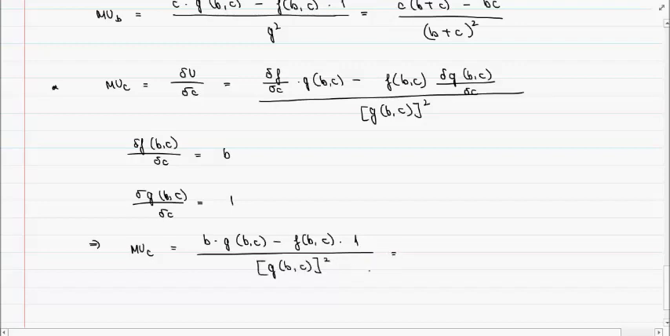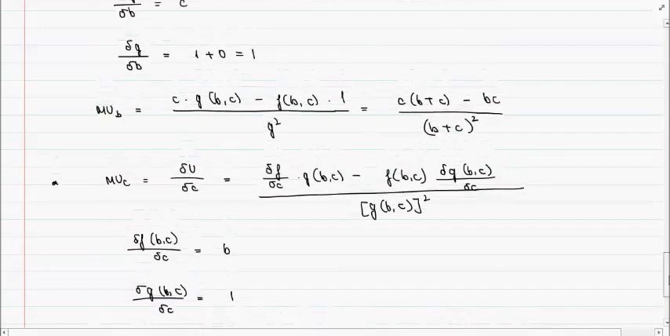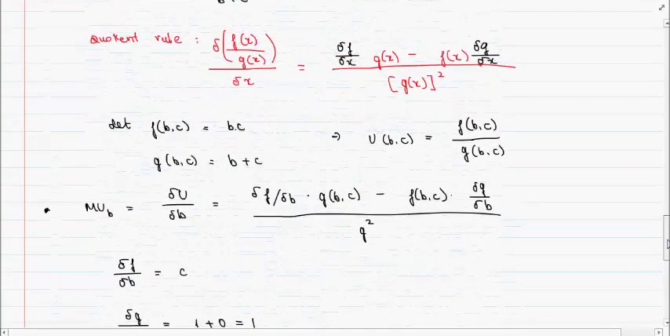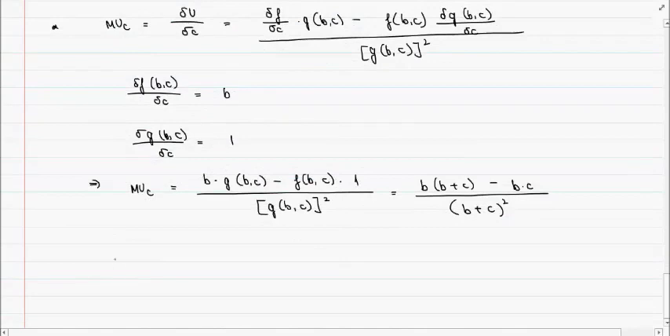Knowing functions f and g, I substitute them in and get b times (b plus c minus b times c), everything divided by (b plus c) squared. Okay, so I have two marginal utilities. I should now be able to find the marginal rate of substitution, which is just the negative of the marginal utility of b divided by the marginal utility of c. So I get negative c times (b plus c minus bc), everything divided by (b plus c) squared,